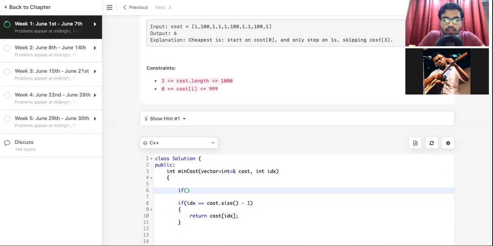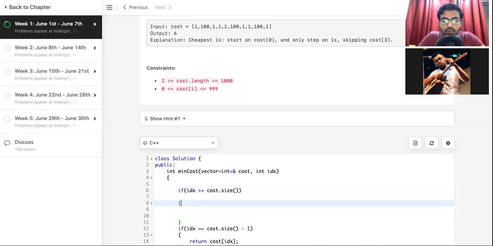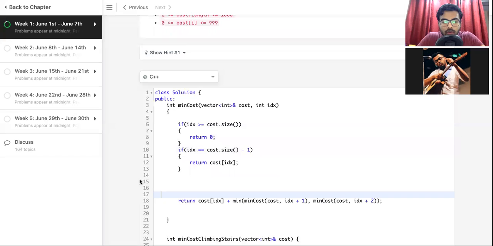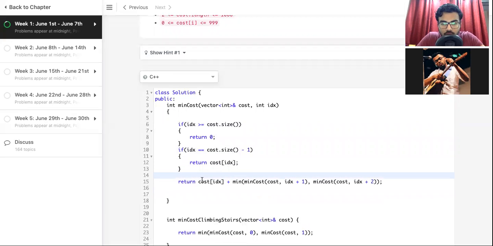Otherwise, if it has reached greater than or equal to cost dot size, which is if it has reached out of the array, at that time we return 0. So whichever is the minimum, we can get it from these two calls, which is min cost of idx plus 1 or min cost of idx plus 2.